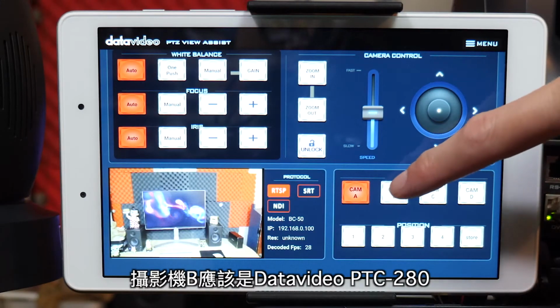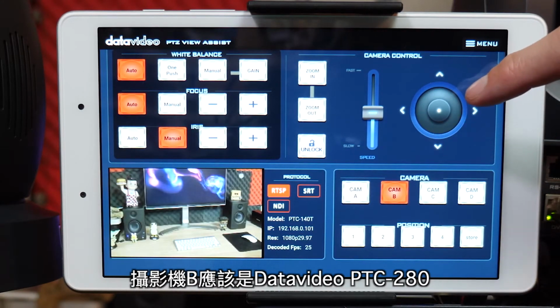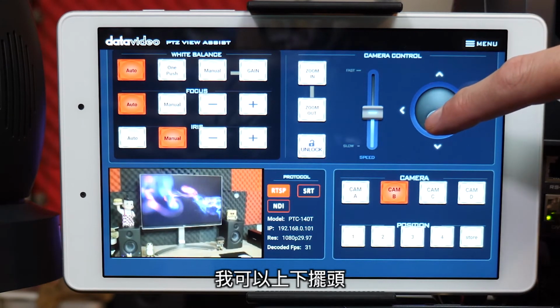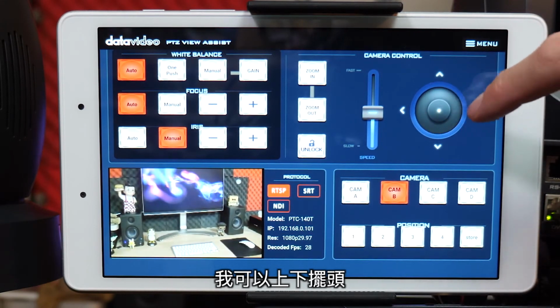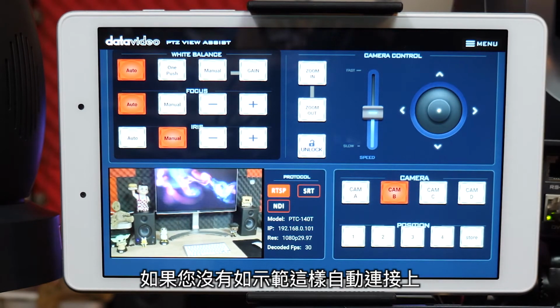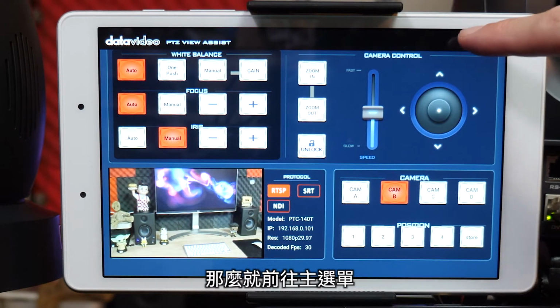All right, now camera B should be the PTC 140. There it is. I can pan up and down. And it's connected. Now, if you don't have an automatic connection like this, simply go to Menu,